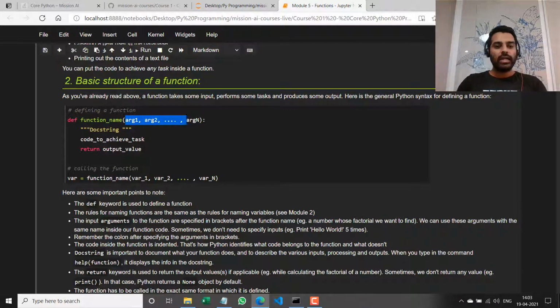So you've seen how print can take one argument. You've seen print take zero arguments also. It'll just print a new line character, and it can take multiple arguments which are comma separated. So just like that, any function can be designed to take any number of input values, right? So you have a def function name, and then in brackets you specify all the input values, that is the